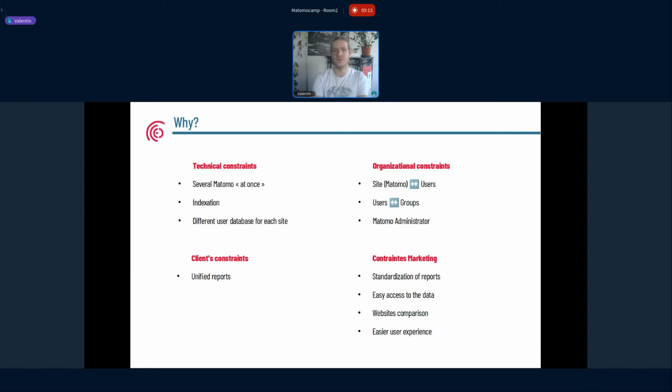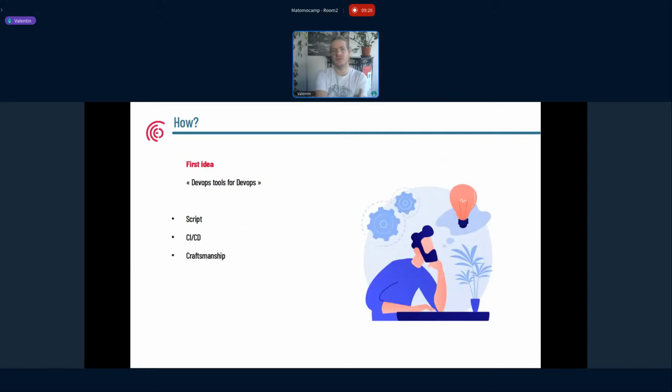So after these different constraints, we talked with the team, and we tried to find a solution. So the first idea was to create DevOps tools for DevOps, because we talked with technical staff from our part and their part. We thought it could be a great idea to create scripts or scripting stuff, use CI/CD to manage and deploy all of their Matomo websites.